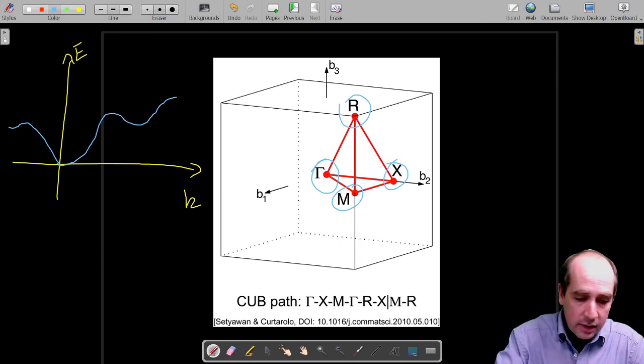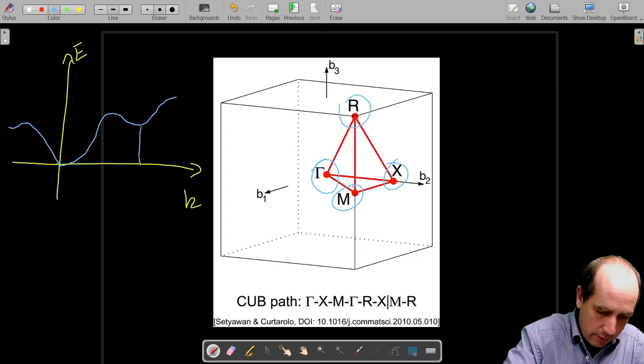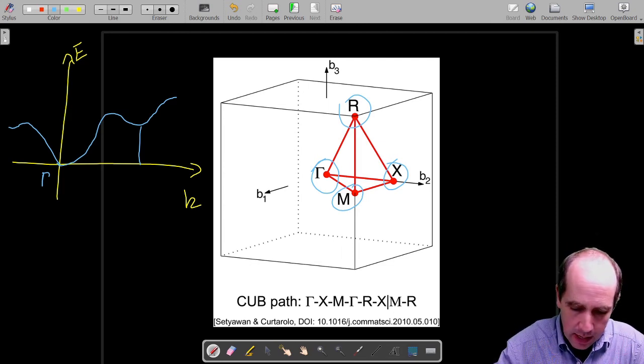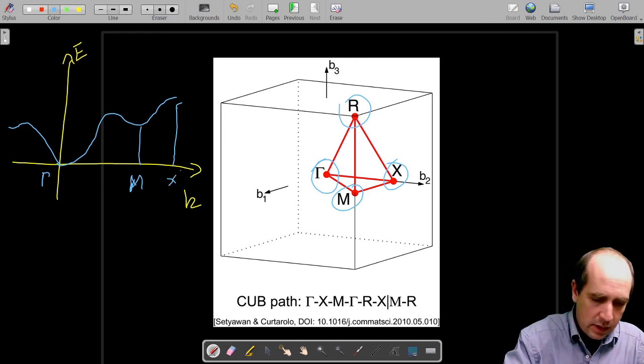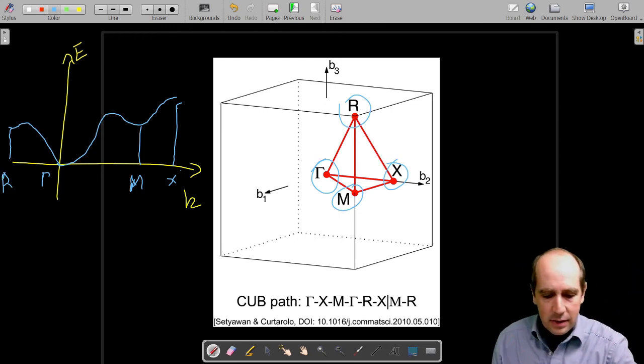And there are several letters marked in different points. For example, here you have your gamma, which is always in the point of k equals 0. Then, for example, you can have your M point, and then you can have your X point somewhere here, and you can have, for example, the R point somewhere else. Okay, so what this means is that